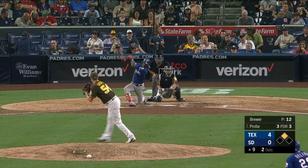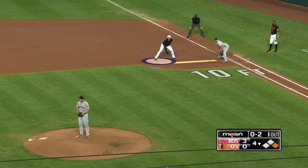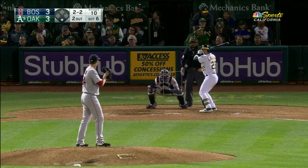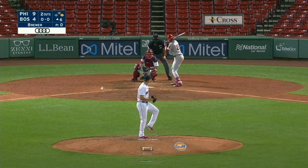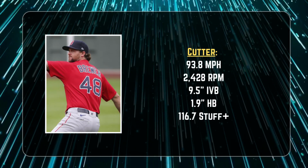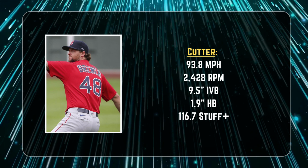For those unaware as to what Stuff Plus is, it's simply a metric that rates the quality of your pitch based on characteristics such as velocity, movement, how it plays off your fastball, and release points, with 100 representing average. This slider is a really strong pitch, and the Yankees should view it as his most reliable offering, and Stuff Plus supports that. His cutter is also excellent, averaging 93.8 miles an hour of velocity with 2,428 RPMs of spin,